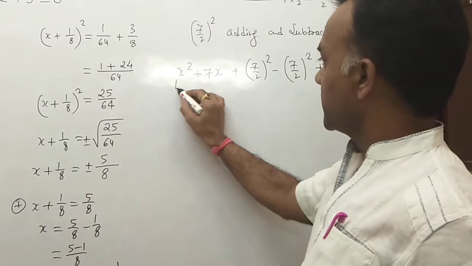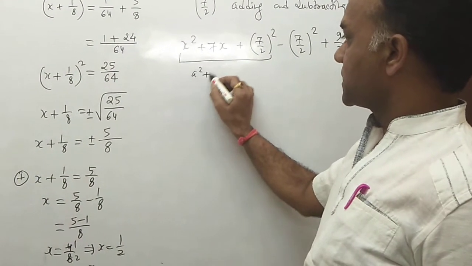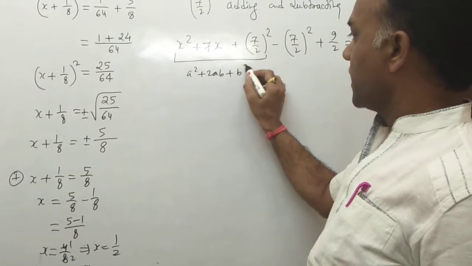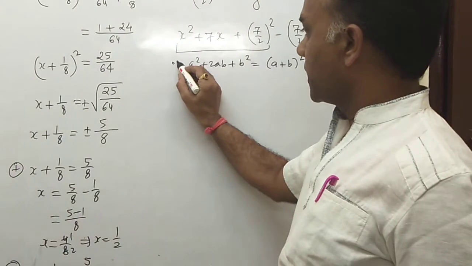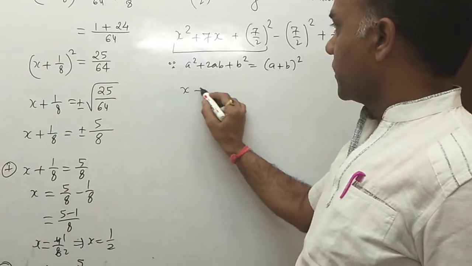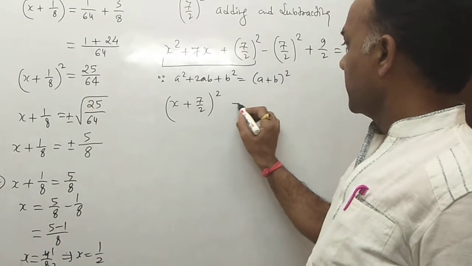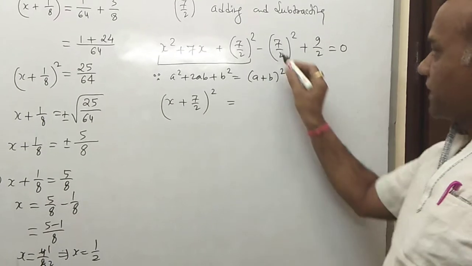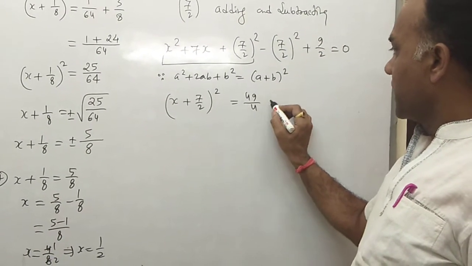Okay, so now these first three terms, that is a square plus 2ab plus b square, that concept is related to the a plus b whole square. You use the formula, and then it is converted into x plus 7 by 2 whole square. This value shifted to the right hand side, 7 by 2 whole square, that is 49 by 4, and now